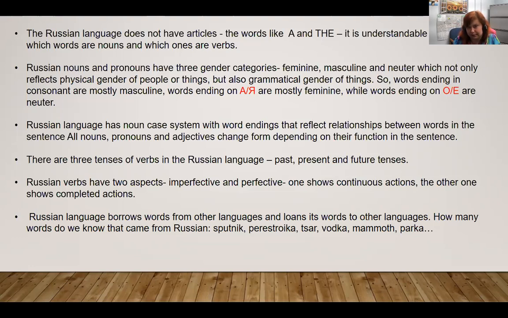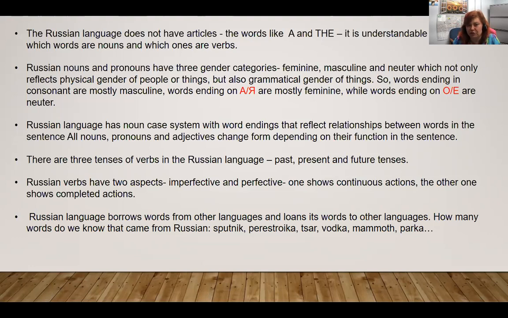In Russian, there are 3 categories. Words can be masculine, feminine, or neuter, which not only reflects physical gender of people or things, but also reflects grammatical gender of things. For example,